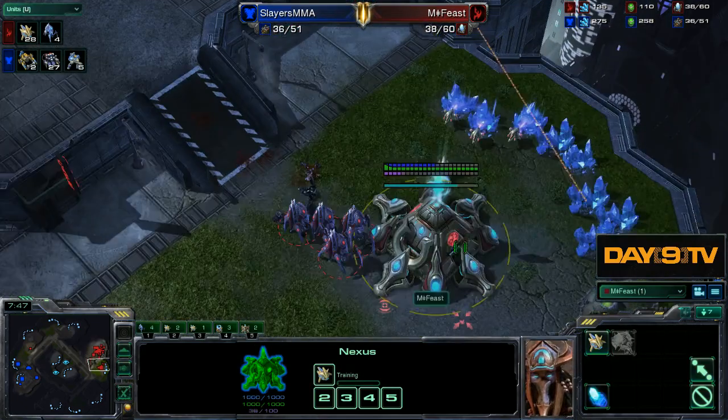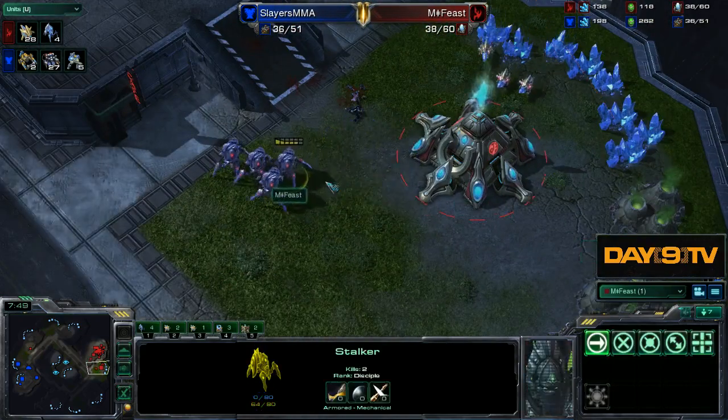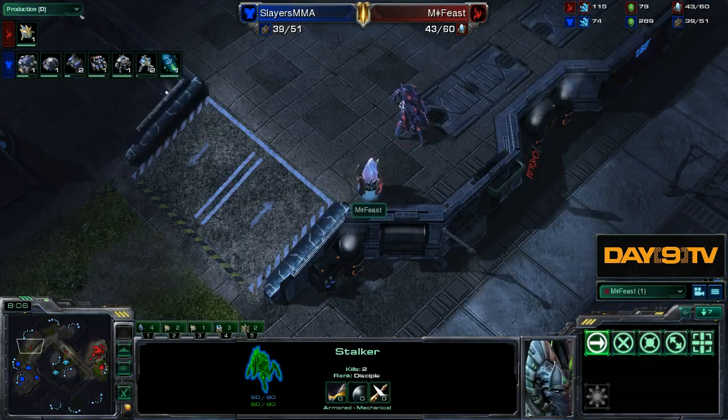And what are we going to go for when we do our Stalker aggression? We're going to be chrono boosting probes. That's the edge that we're trying to gain. So despite defending this very frightening, very scary 2-gate, or 2-barracks push,